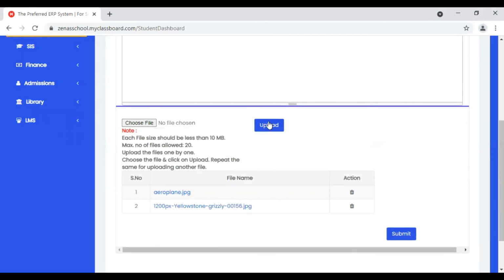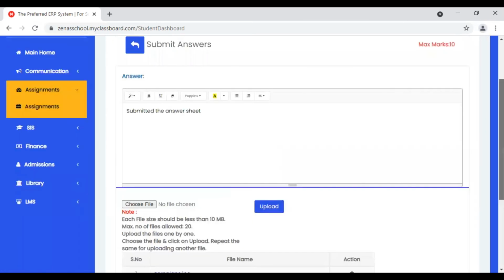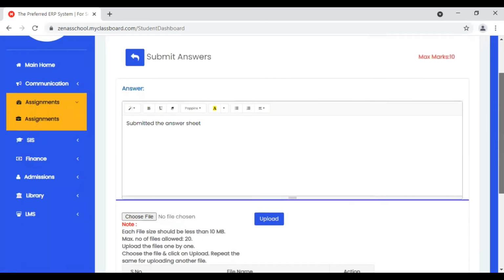Now, how many sheets have we uploaded here? Two sheets. In this way, you need to upload all your sheets. If it is only one paper, no problem. If it is more than one paper, attach, open and upload one by one. Once all the papers are uploaded, you need to click on the submit button. Once you click on submit, you have uploaded your answers to the teacher in MCB.